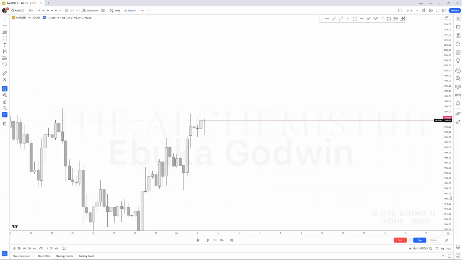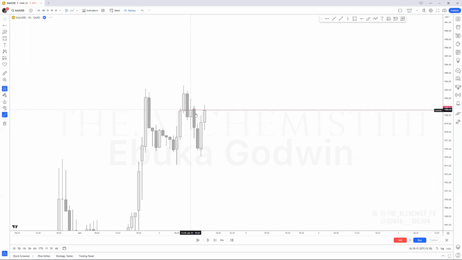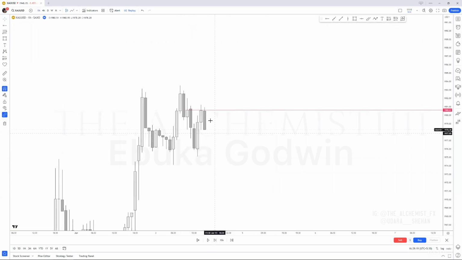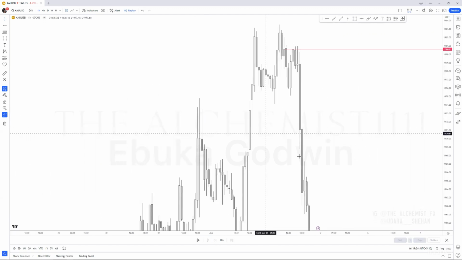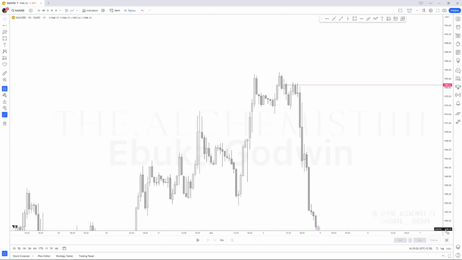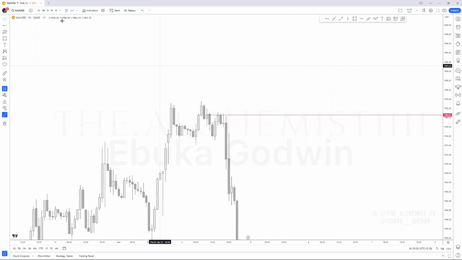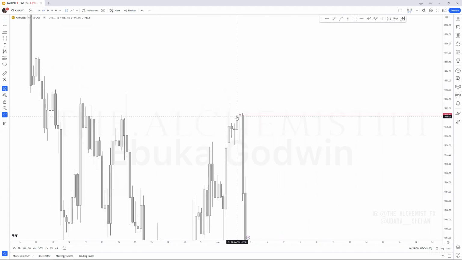Now let me show you the sell. Look at this. This is a resistance on the H4. And then what happened? The market taps back into the resistance and boom, melts. Can you see that? So you see where the sells came from, right? Most people won't even have an idea where it came from, but that is where it came from.